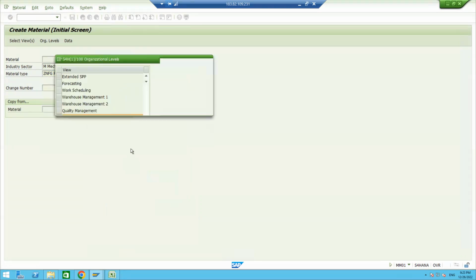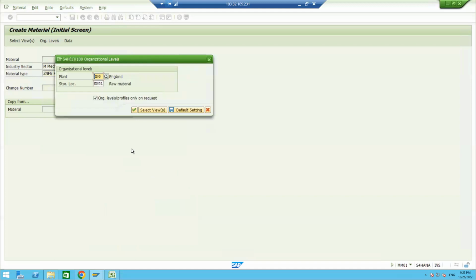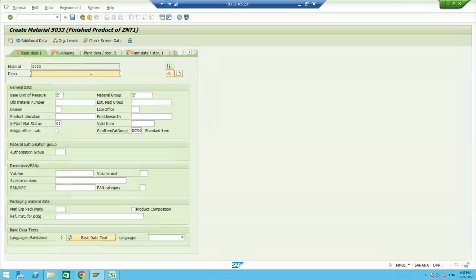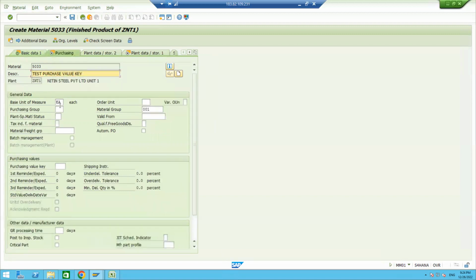Organization level: ZNT1 plant, and storage location. I'm just giving a number, test, purchase value key, then base unit of measure and material group. Okay, then press enter. Now purchasing group ZN1,